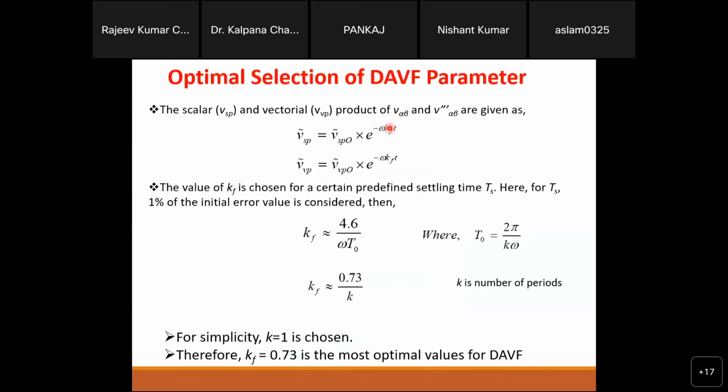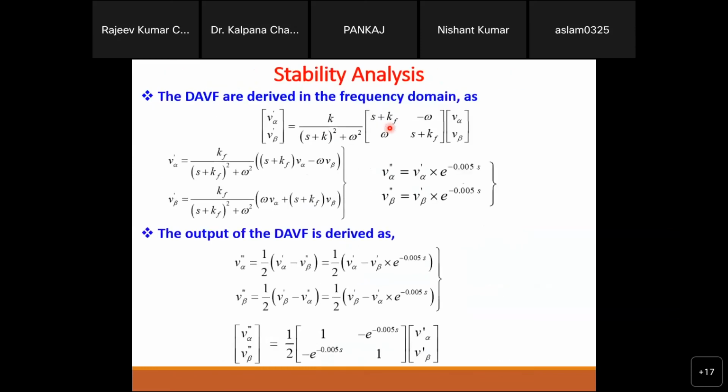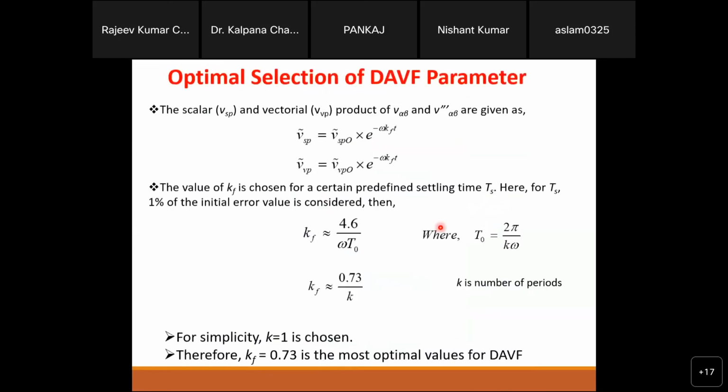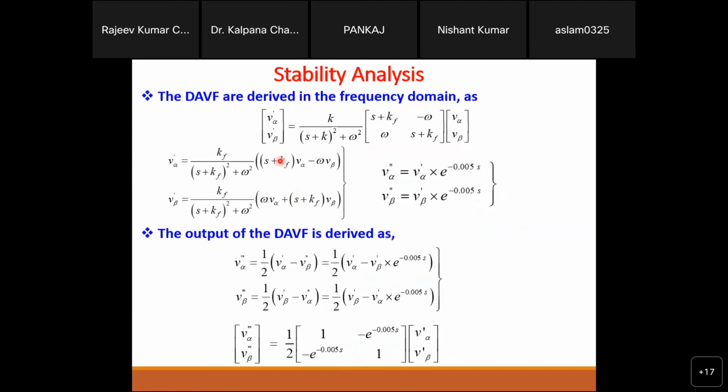Just what I have done, I have tried to formulate all the equations, right? And after that, I am going to apply the basic control algorithms. For example, this is the transfer function of that, right? What is this? These are the integrators. So an integrator we can replace with 1 by s, nothing else. If this is a 90-degree phase shift, we can multiply with -1. If this is omega, just multiply. This way we can formulate one transfer function here, right? And the s component will come because of these integrators, the 1 by s terms. So finally, I can rewrite all those equations in this manner.